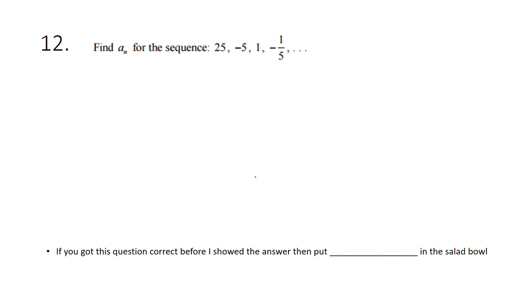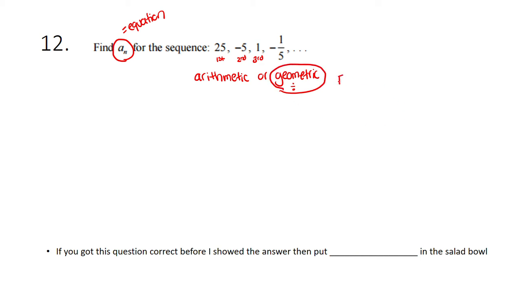We want to find an for the sequence. An is the equation. So the first thing we have to answer is, is this arithmetic or geometric? Now, if you notice, my first term goes down by a lot to get to my second term, and same thing with my third term. So this means we're dividing, which is the same thing as multiplying by a fraction. So we have geometric. Whenever we have geometric, we need to find r. So that's going to be second divided by first. So -5 divided by 25. Our r is